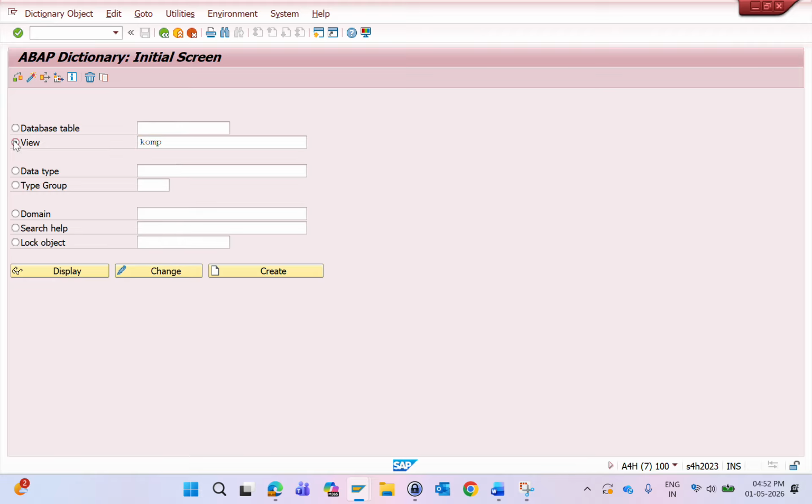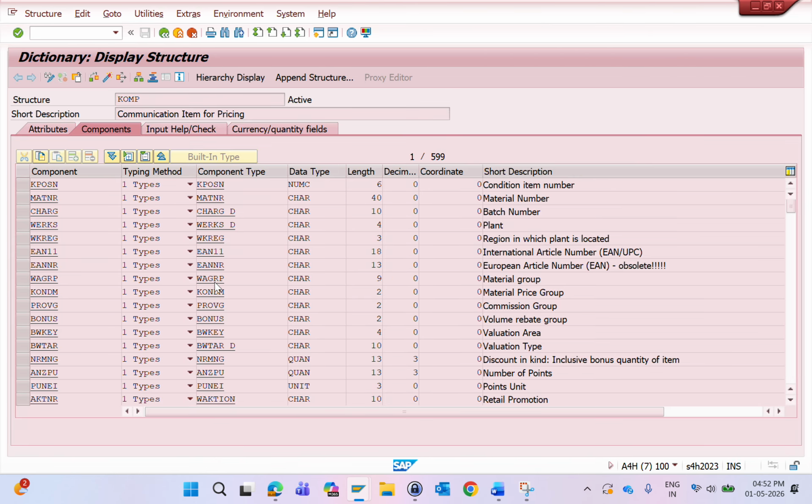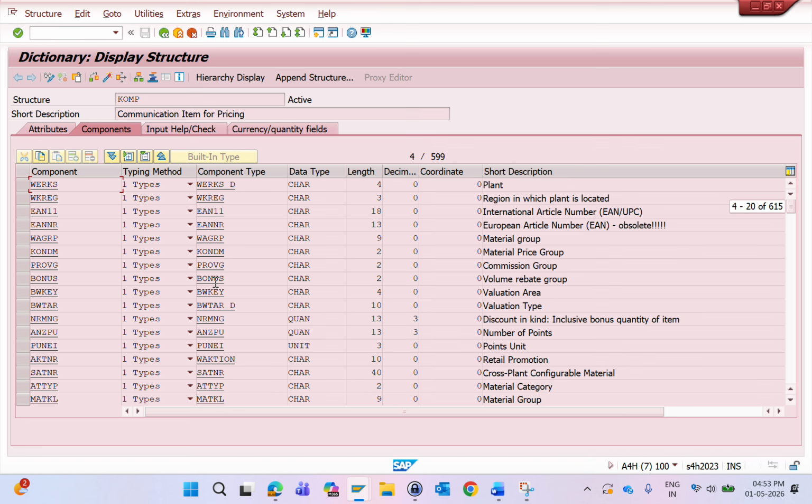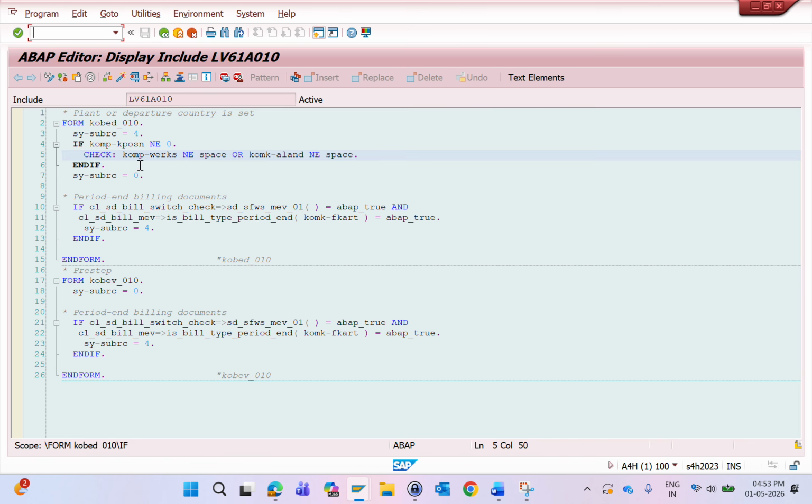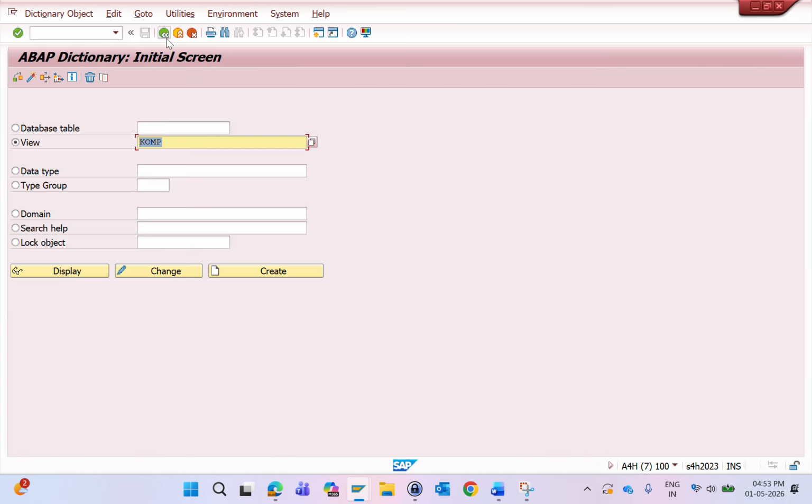KOMP, right? So what field is it saying? Works. See, plant. So what it is doing, it is checking whether the KOMP plant, and which KOMP works, means whether the plant is not equal to space, which means plant will have the value, or KOMK aligned. Okay, if I come to KOMK field,